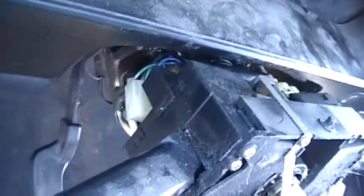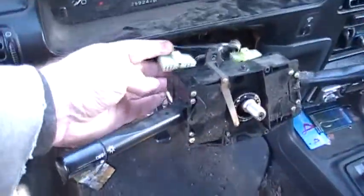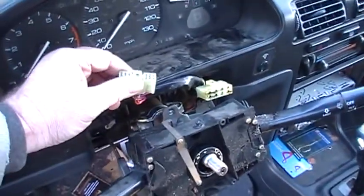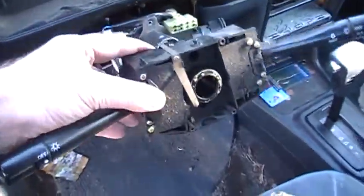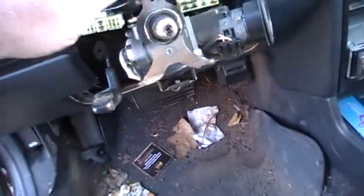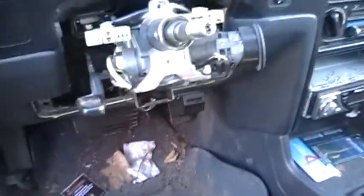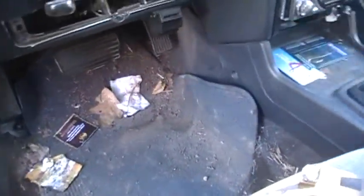I don't know if that's showing up because I can't see. But I'm going to take those off, and then hopefully this black piece will just come right off. Step on this. Again, I basically got both my wiring harnesses off, and now this will just come right off. So I think I'm done disassembling the steering column so that hopefully I don't have to take more than this off. But next I'm gonna